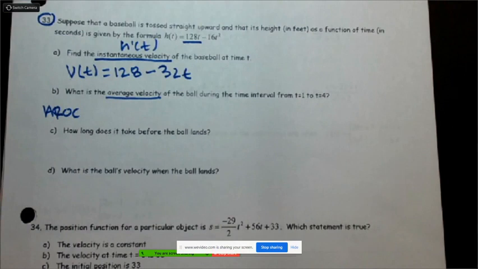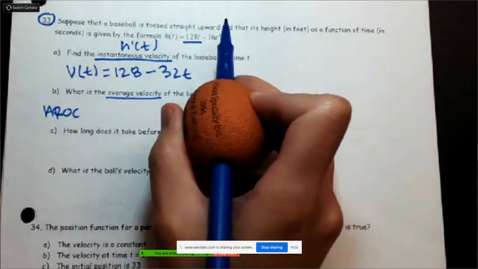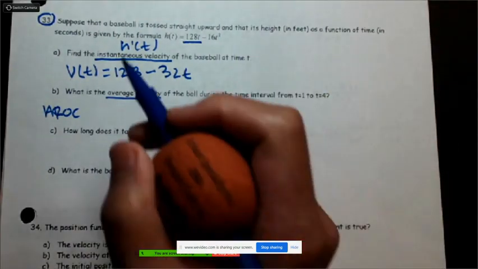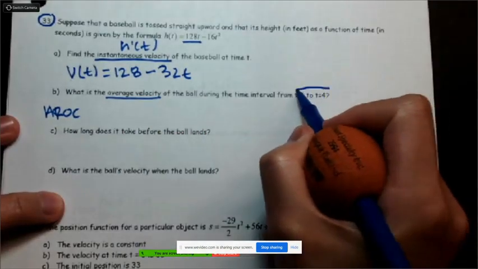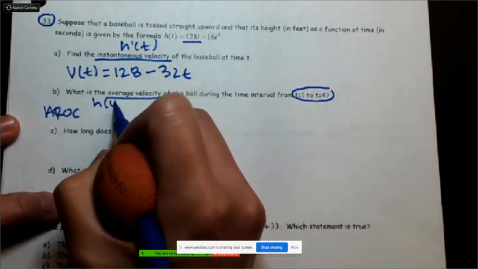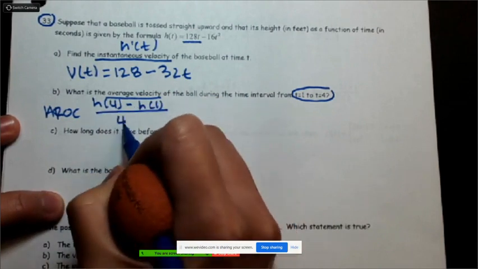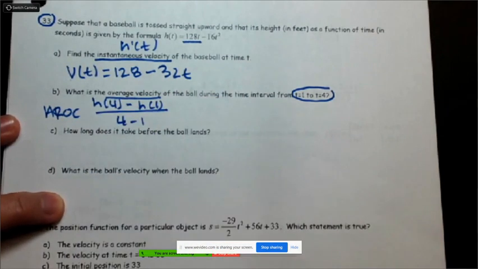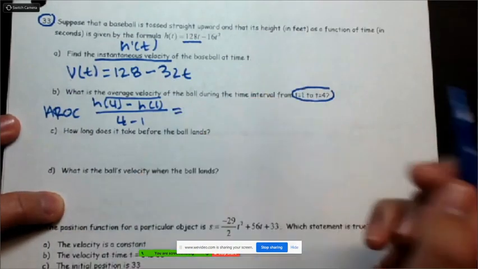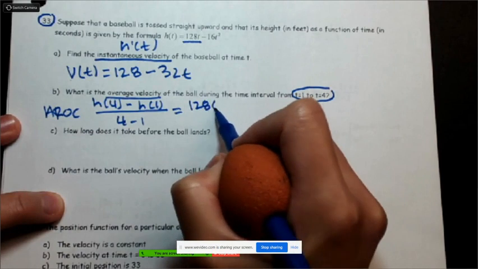Now the second one is saying, okay, we're okay with that. Let's take the original this time and find the average velocity. So we're doing between these two intervals. If you want to be specific, write with me: h of 4 minus h of 1 all over 4 minus 1. And the next piece is going to be tedious because I'm going to write everything out. 128, now plug in the 4s,